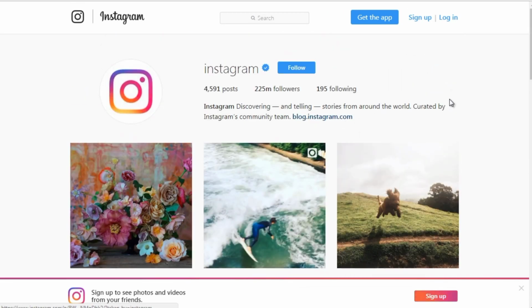Now you can see, with Instagram's profile, that they're directing you to their blog. They're still trying to gain your trust, right? So they've not directed you to a certain product, but of course that's Instagram. They could direct you to Instagram.com, but for whatever reason, they chose to direct you to a blog.